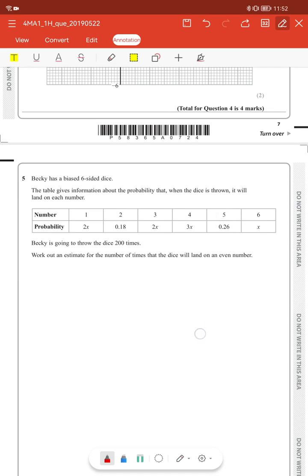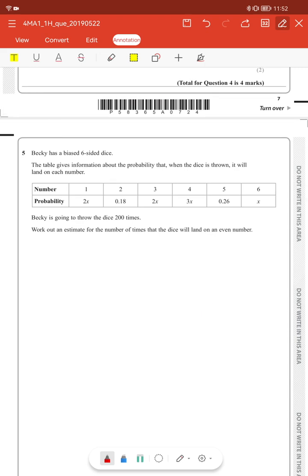Becky has a 6-sided dice, and when it's thrown, it will land on each number. She's going to throw the dice 200 times. Work out the estimate for the number of times it will land on an even number. Well, we need to find out the total probability. So remember, the total probability would equal 1. So if I add all of these up, I can collect my like terms, which would give me 2x, 4x, 7x, plus another x is 8x, plus, if I add the numbers, I get 0.18 plus 0.26 is